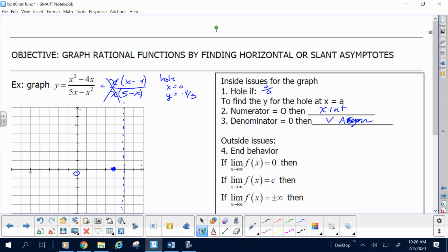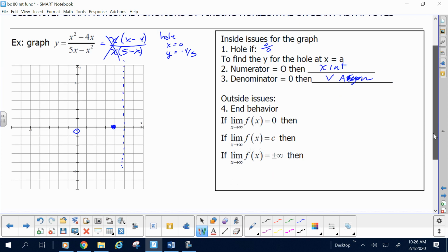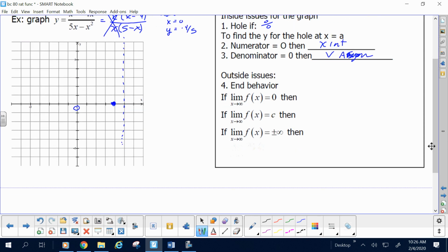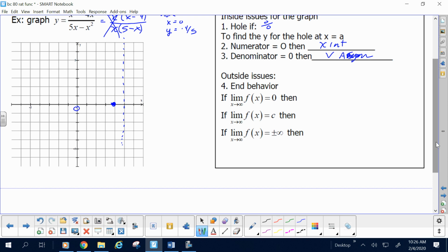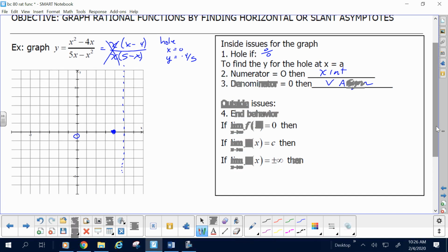All right, cool. Now, the new stuff for the day is going to be, instead of always going to the x-axis like you did in the green book, you're going to actually have one of three cases. Now that you know limits, it's not that hard. Think end behavior. Do you agree that the powers, top and bottom, are equal? So in this case, the limit as x goes to infinity of x squared minus 4x over 5x minus x squared is